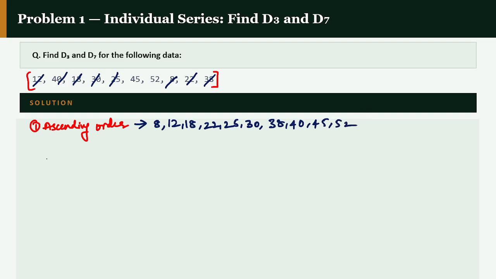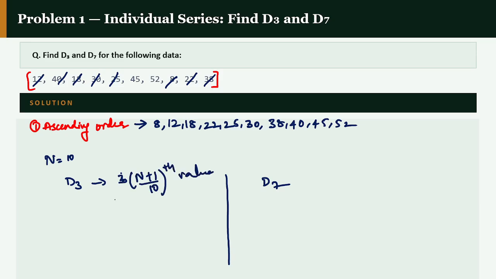Now, what are the total number of observations here? 1, 2, 3, 4, 5, and 3 and 2. It's 10. Now, we have to find D3 and D7. For D3, we need to calculate 3 into n plus 1 by 10th value, which is 3 into 11 by 10, which is